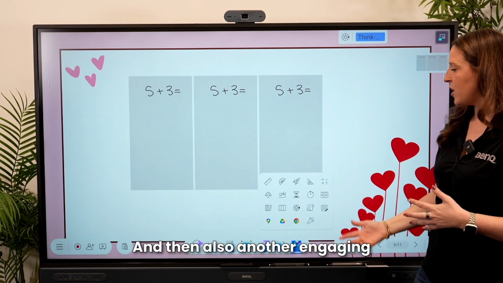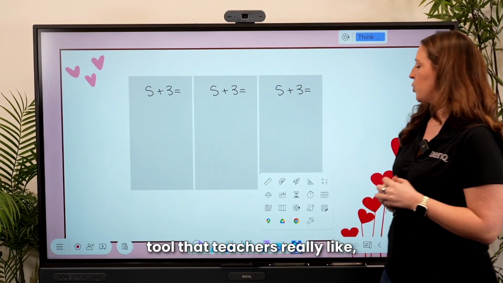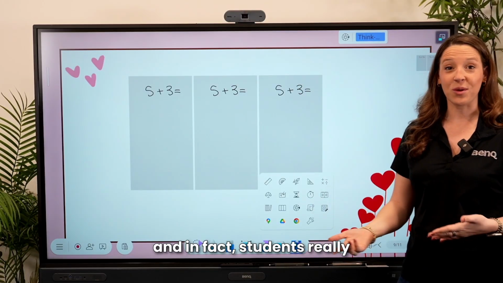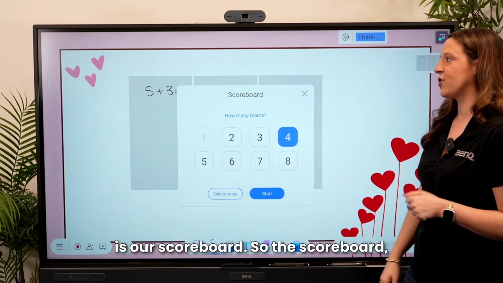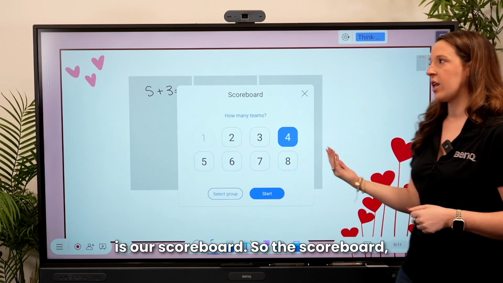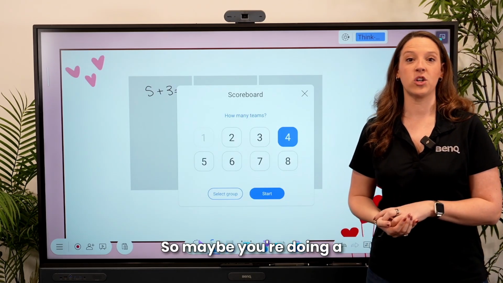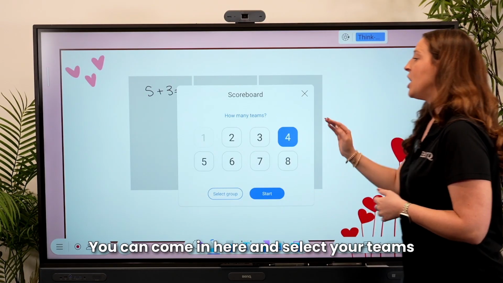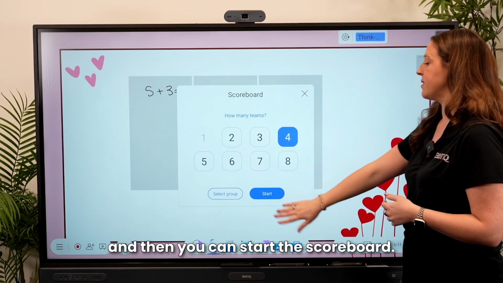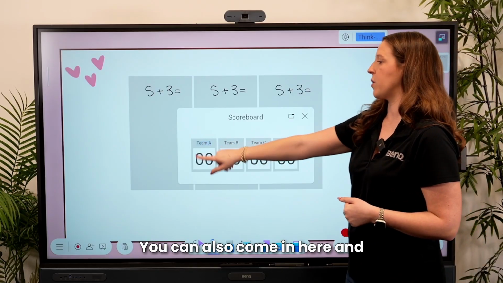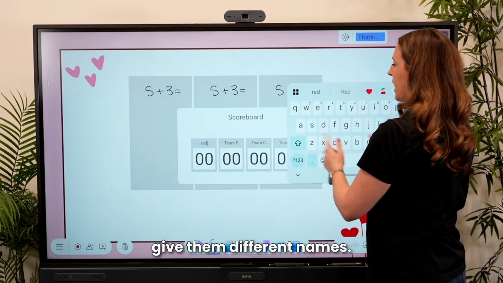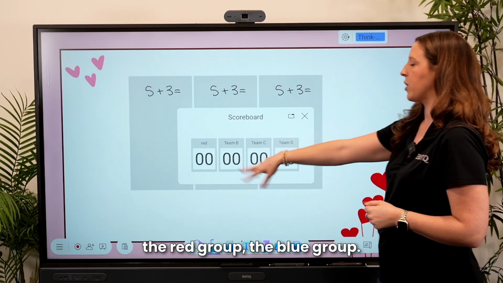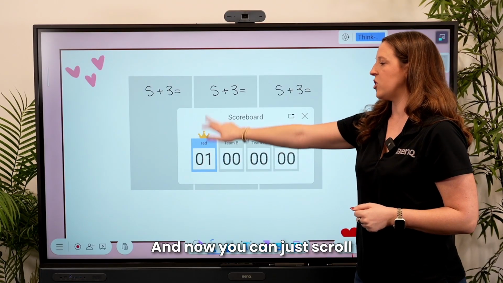And then also another engaging tool that teachers really like, and in fact students really like this one as well, is our Scoreboard. So the Scoreboard, you can select teams. So maybe you're doing a review game or you have just some kind of a competition going in your classroom. You can come in here and select your teams, and then you can start the Scoreboard. You can also come in here and give them different names. So maybe it's by groups, like the red group, the blue group,